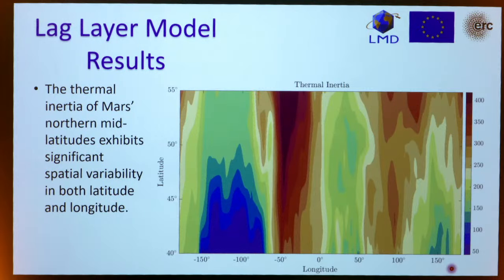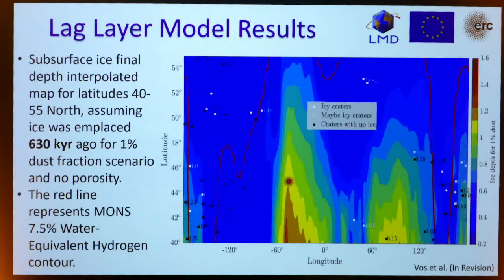2025. And so this is the thermal inertia. If we know the thermal inertia also, we can determine for each location on Mars from 40 to 55, because this is what I calculated, what is the final depth. I just want to point out there's really significant spatial variability in both latitude and longitude. We can see that we have 50 here, and just very close to it, we can have a thermal inertia of 400. So we did this exercise, and this is the final map we get for the subsurface ice final